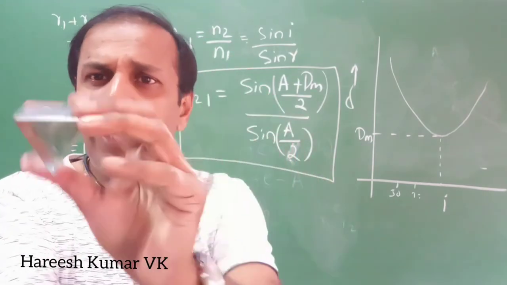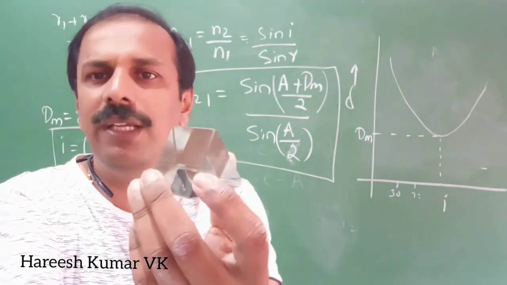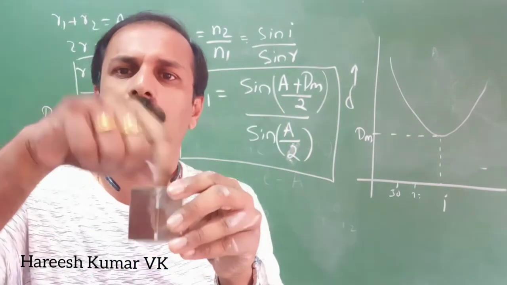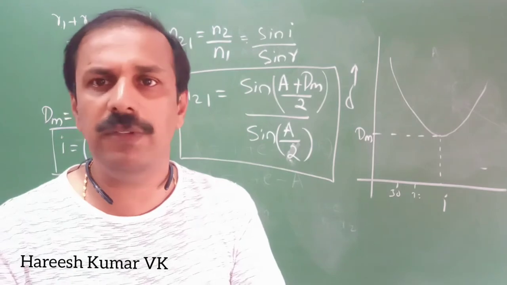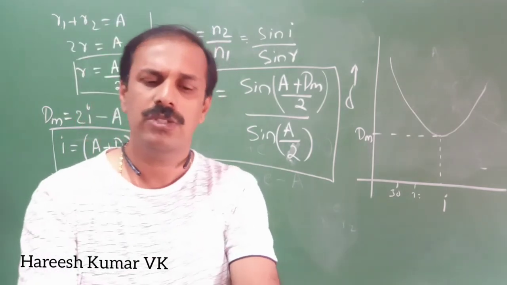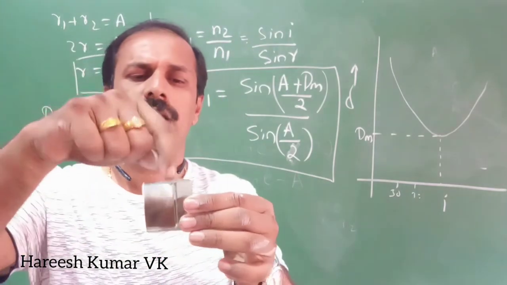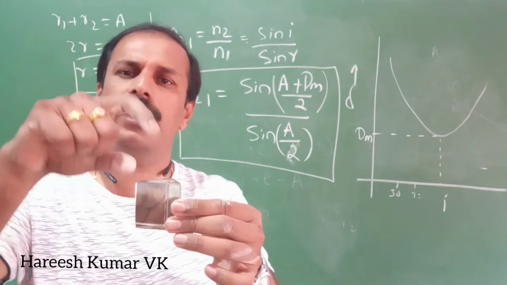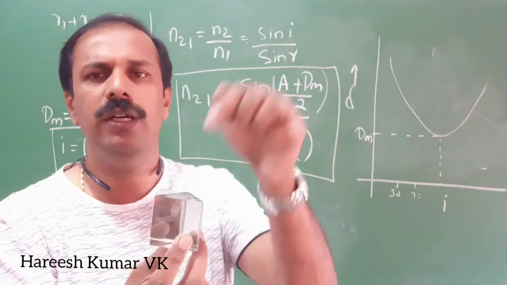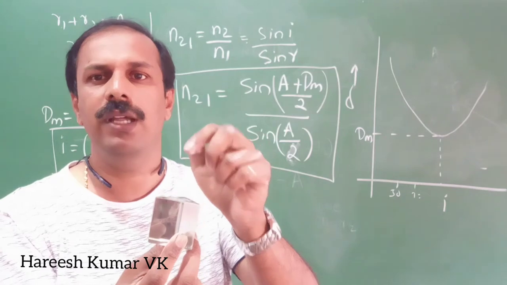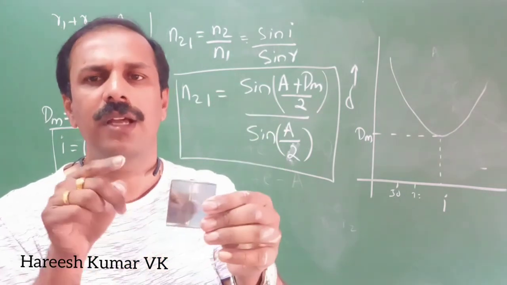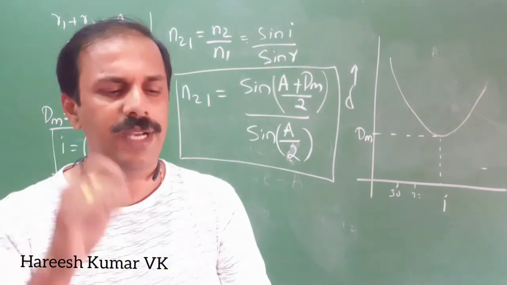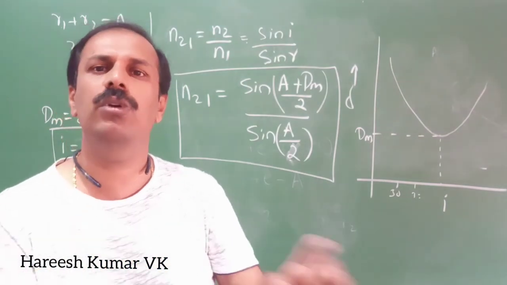And we also have the hollow prism which is empty. If you fill some liquid inside it, you can do the same experiment and find out the refractive index of the liquid also. So the hollow prism I will show you later. Here one hole is there, you can fill whatever you want. If you want to put kerosene, a transparent liquid, or glycerin or any other liquid, you can put the liquid inside, then do the same experiment, and we can find out the refractive index of that liquid.